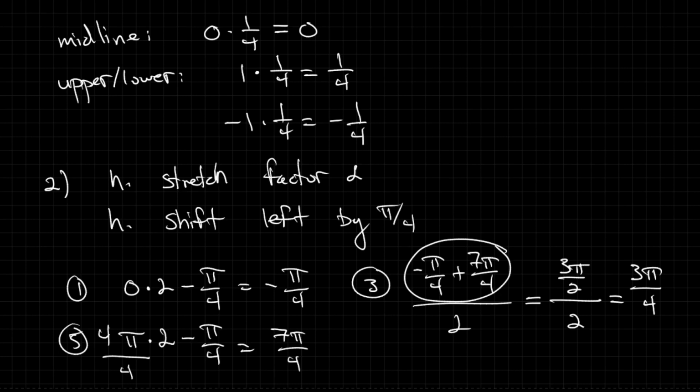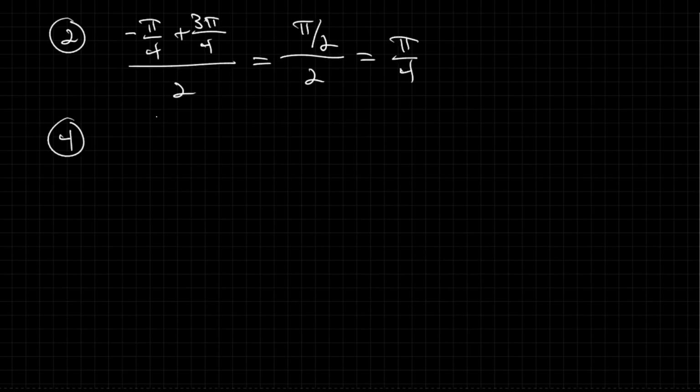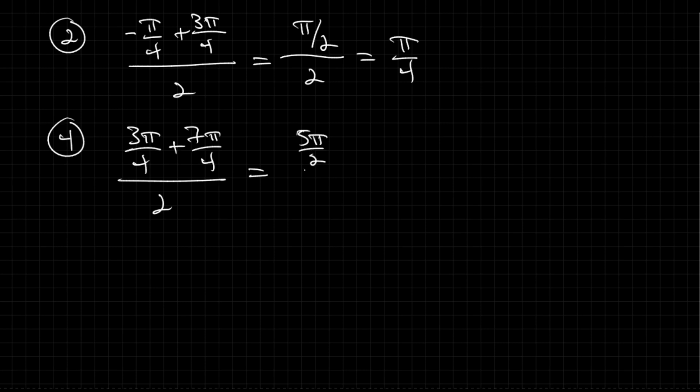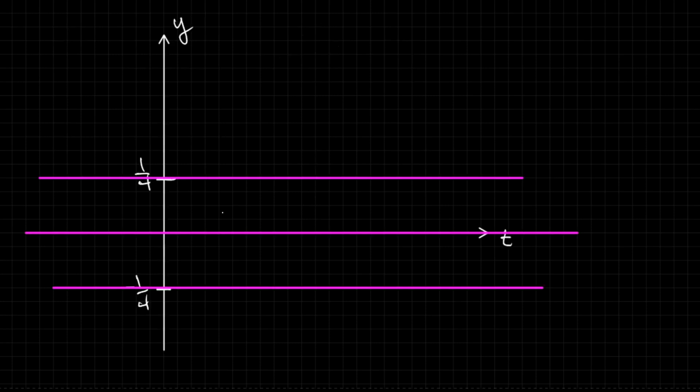That's 3 pi over 4 plus 7 pi over 4 divided by 2. So that's 10 pi over 4 in the numerator. 10 pi over 4, that's the same as 5 pi over 2, divided by 2, and we have 5 pi over 4. And so I think I'll go ahead and make the scaling that this is pi over 4,